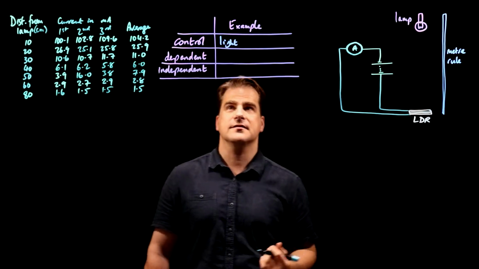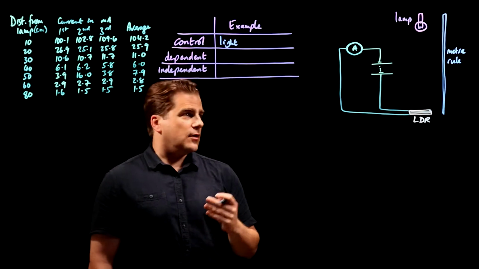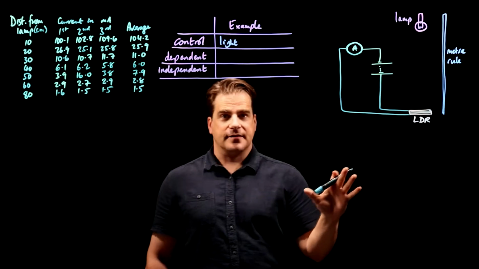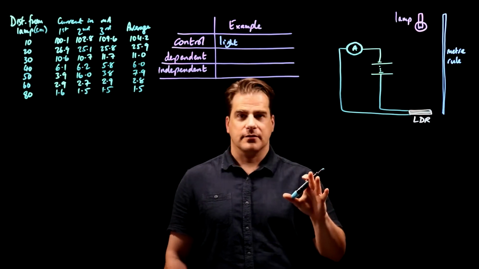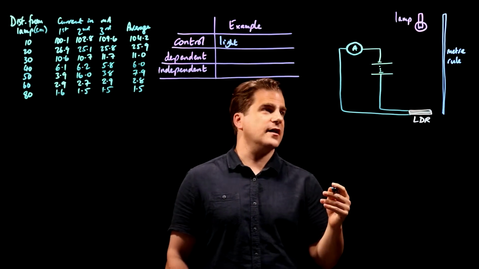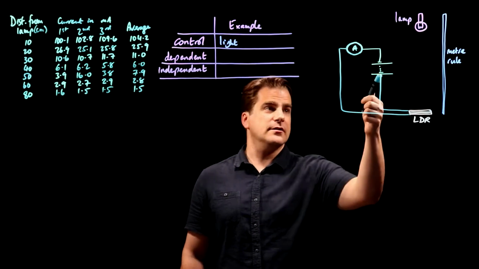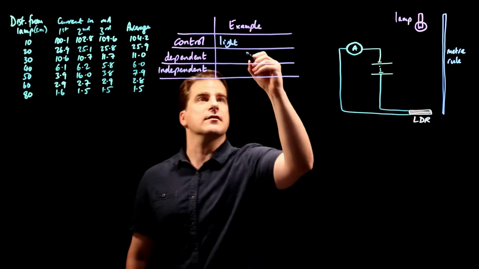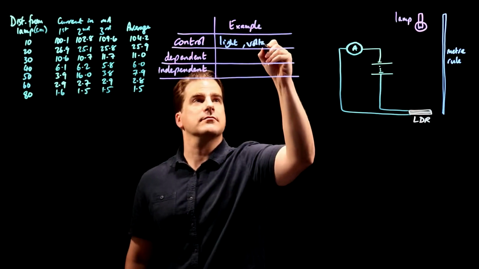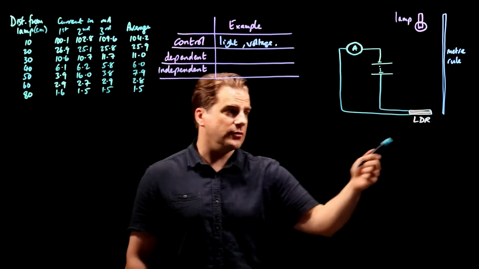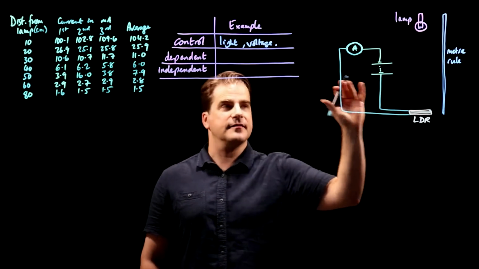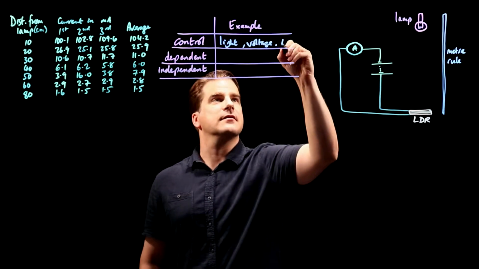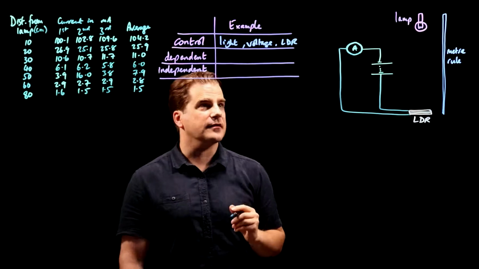So it's a fair test. You have to make sure everything else is the same for all readings. Okay, so you could say the voltage, for example, that has to be the same for every single reading. So voltage, use the same LDR, use exactly the same experimental setup for all readings. Okay,